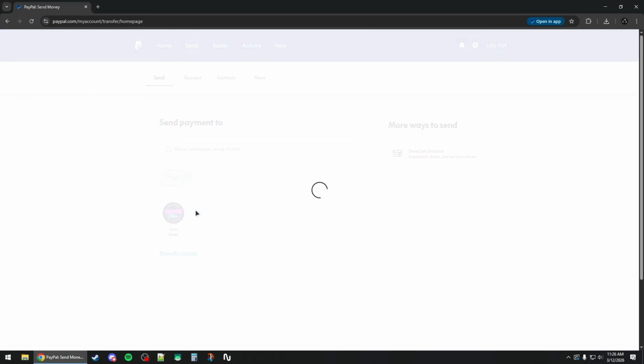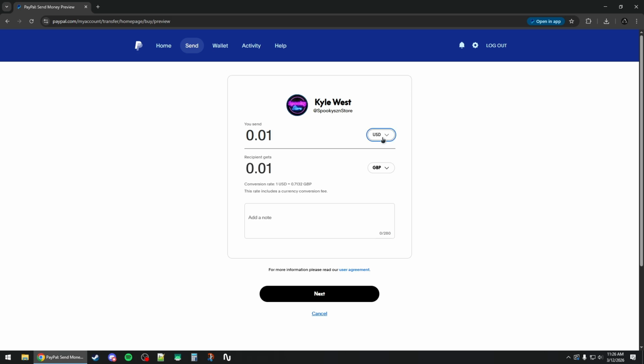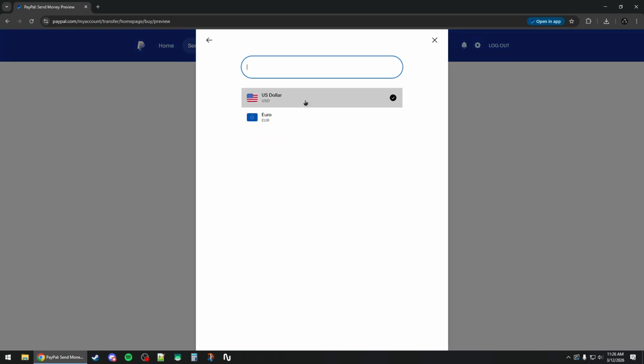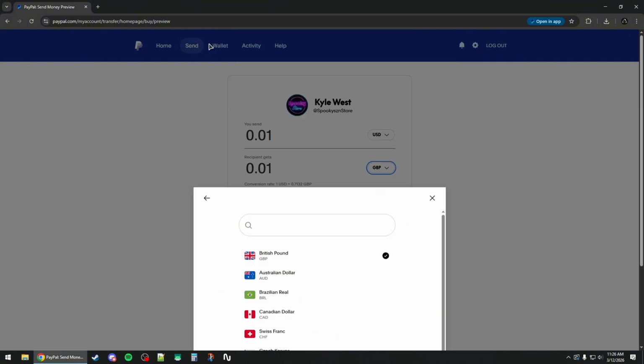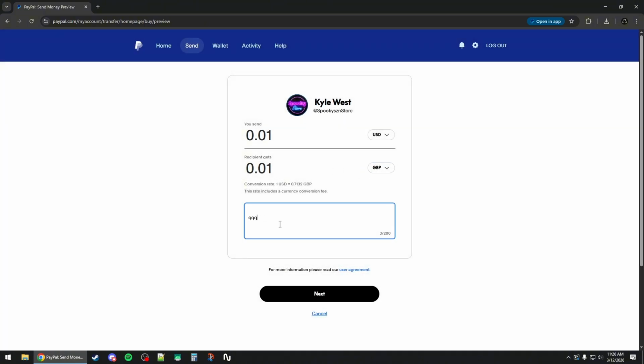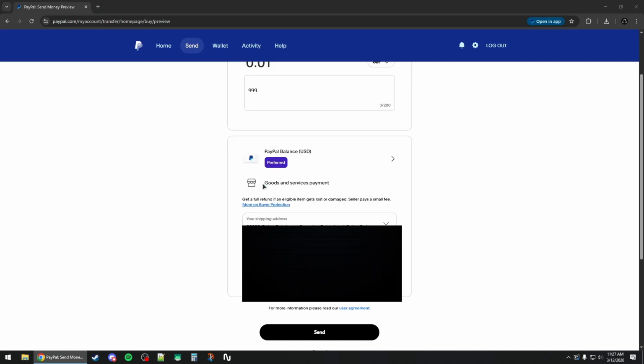And once you've selected whoever you're trying to pay, you will need to enter the amount that you're going to pay and select the currency from the right side, and also the currency they can receive, and add any notes if you want. And then press next and then review the details here and whether you want to use PayPal